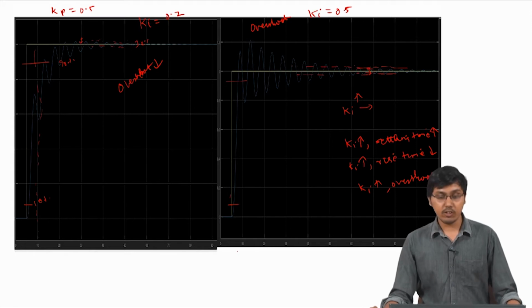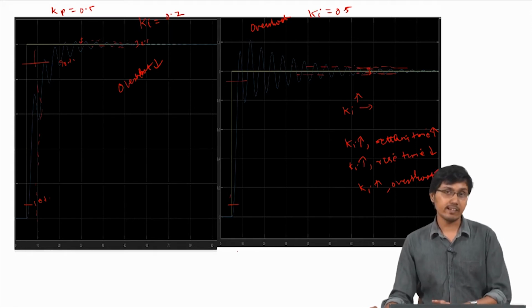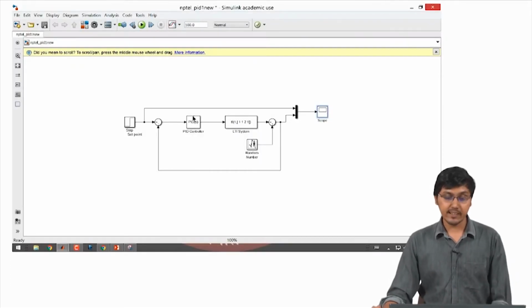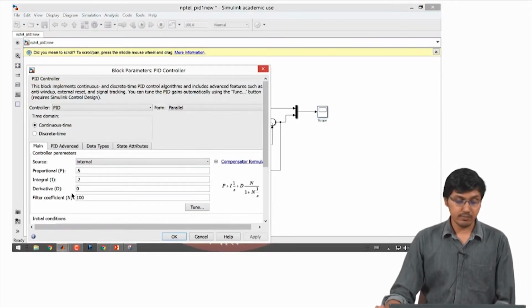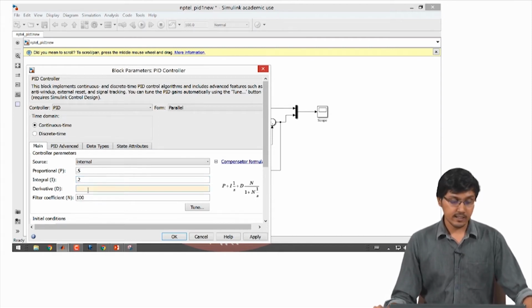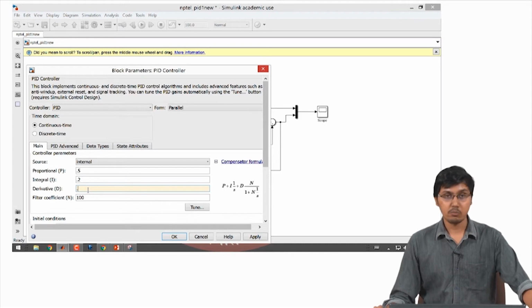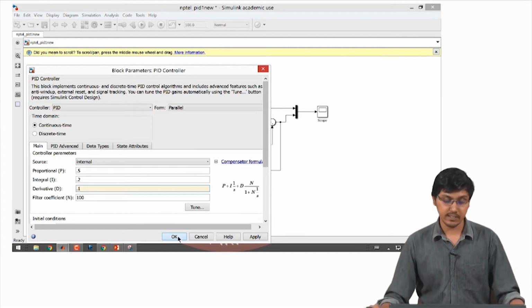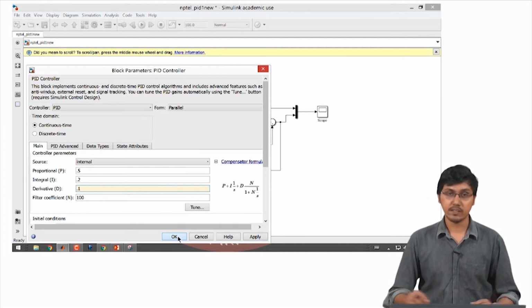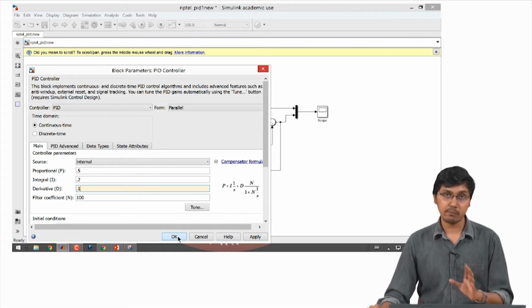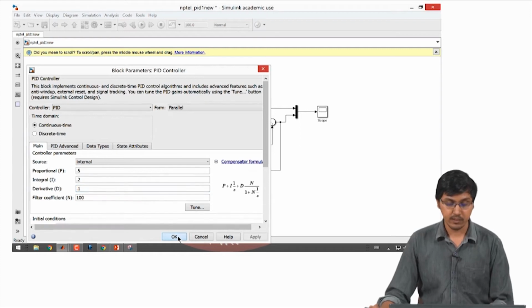Now, next thing we will do is to make changes for the derivative gain and see what happens. So, coming to MATLAB again, let us put some value for derivative gain now, and let us start with 0.1 maybe, but you can put another value. This is just like we are trying to see what happens basically. So, we are not going by any rule, we are just going to change the gains and see what is happening, basically for qualitatively comparing how these different gains behave.